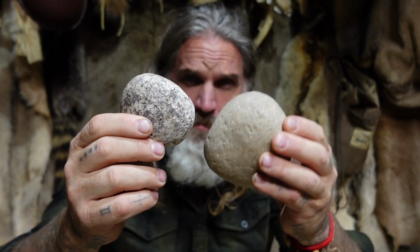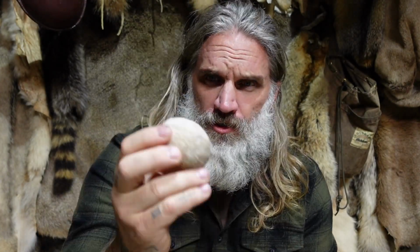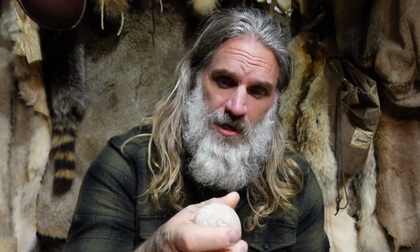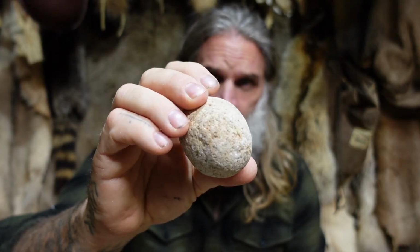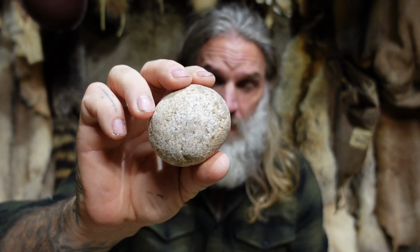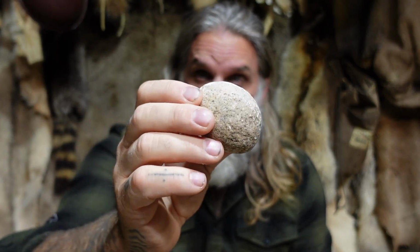Lastly, my rounds are my more baseball or orange shaped, and these are just good little stones to have. They will help you in that reduction process. Now, why these are ideal is that you can really hold them anywhere and figure out that right strike point on the stone if you're looking really to zero in on that platform, or if you're looking to take a little bit more mass off that stone. I usually stick to a couple different sizes for each, whether it's a flat, an egg shape, or a round stone. This gives me the options to play where that platform is and really think about how I'm going to go about hitting that stone and removing flakes,